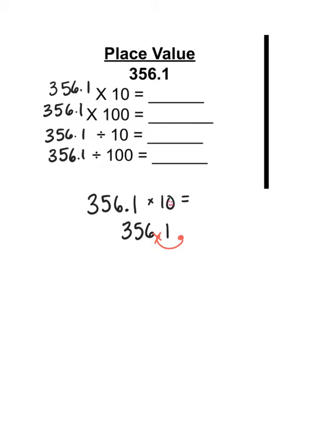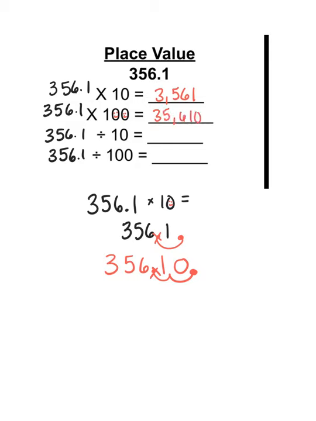So my product will be 3,561. And then when I multiply by 100, I'm just going to rewrite my number again, 356 and 1/10, add a 0 as a placeholder, and then I need to move my decimal point over 2 spots because I have 2 zeros in 100. So my product for this is going to be